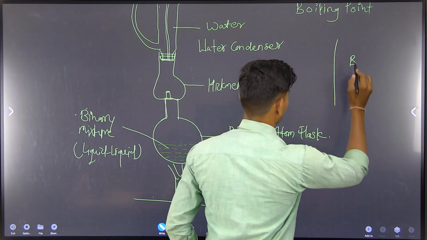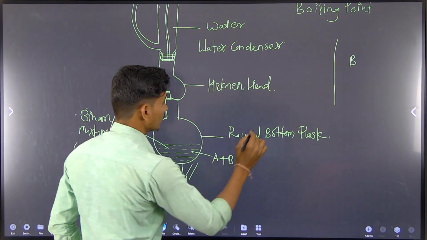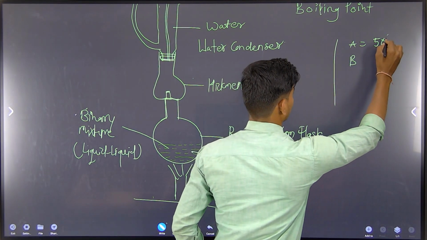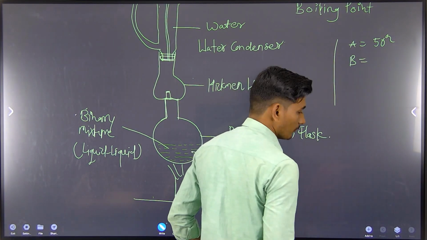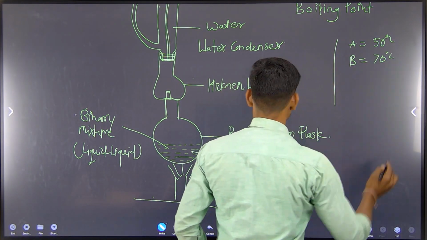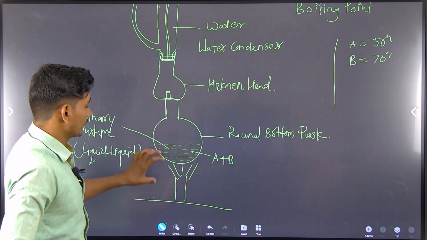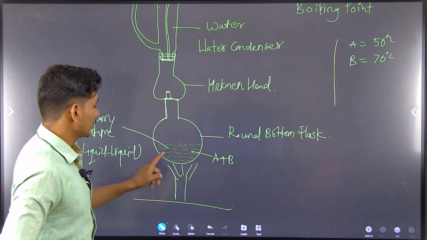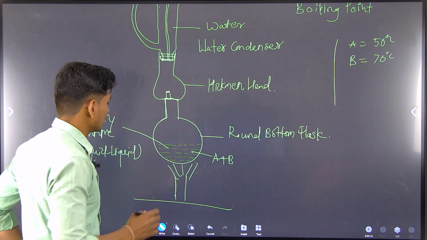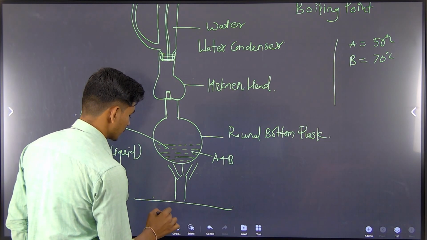Suppose we take compound A and compound B. Compound A has a boiling point of about 50 degrees Celsius and compound B has a boiling point of about 70 degrees Celsius. So we provide heat to the RB. Then first of all compound A will boil and evaporate, and these vapors go into